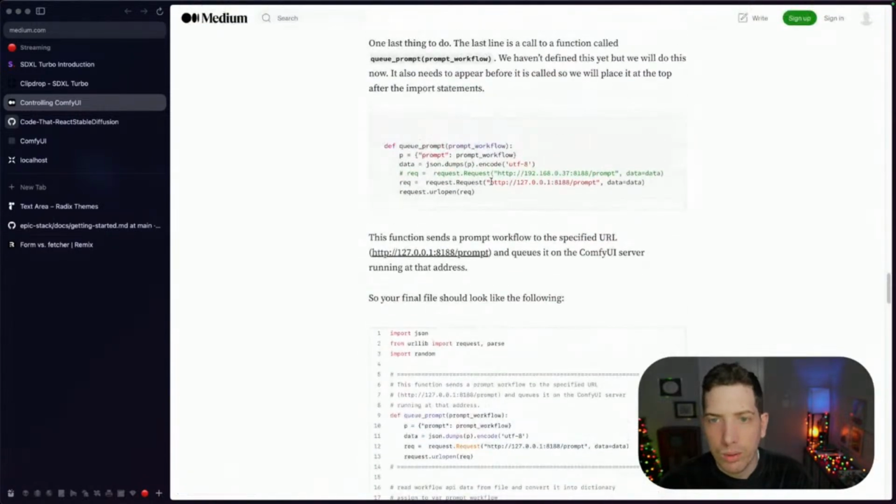So the data request prompt gets encoded with the data UTF-8, prompt workflow is the data that comes in. Data gets assigned to P. P is a JSON dump. Yeah. So all of this kind of magic isn't really necessary for the sake of what we're dealing with. What we care about is that we use this endpoint and we call